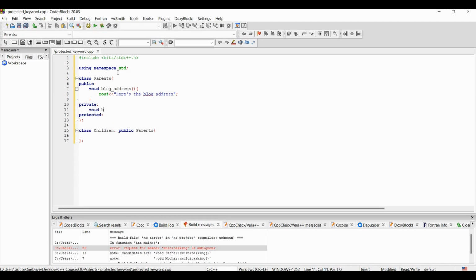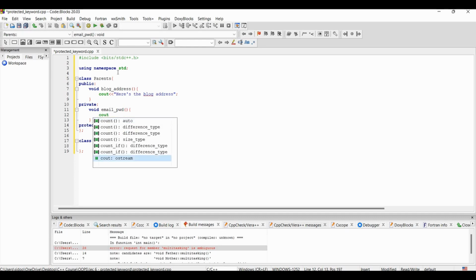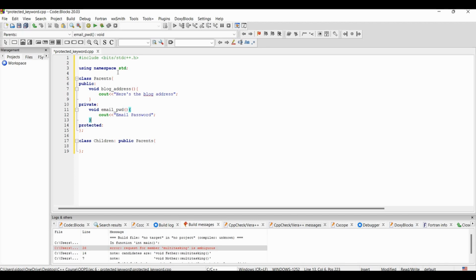The private, like email password, right? And the protected be like family issues, right? And these are the family issues, and let's say the class main is here, and let's say the children